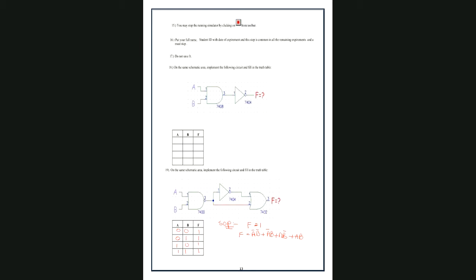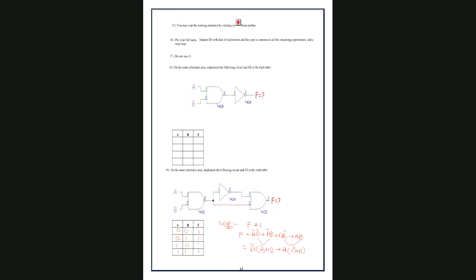From here, in both we can take A bar common, and here A is common. So A bar common, B bar plus B, and here A common, also B bar plus B. From Boolean logic, we know that the sum of a variable and its complement is always 1.